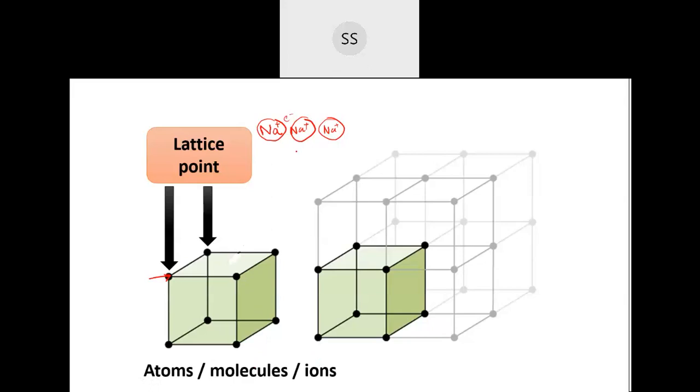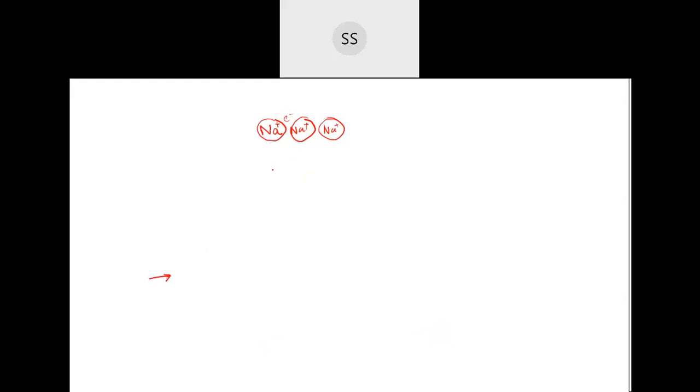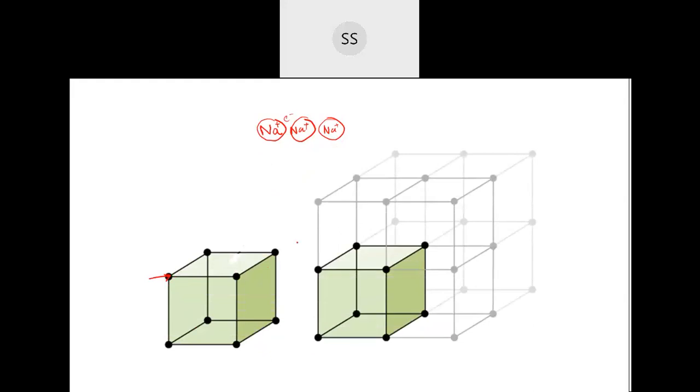I'll repeat whatever I've said just now. We are discussing crystal lattice and unit cell. I took the example of sodium. Here sodium atoms will be arranged one after the other, and continuously when they arrange themselves, you will end up getting this three-dimensional arrangement. Imagine I have one sodium ion and this is the next one, and like this you have continuously the sodium ions arranged one after the other.